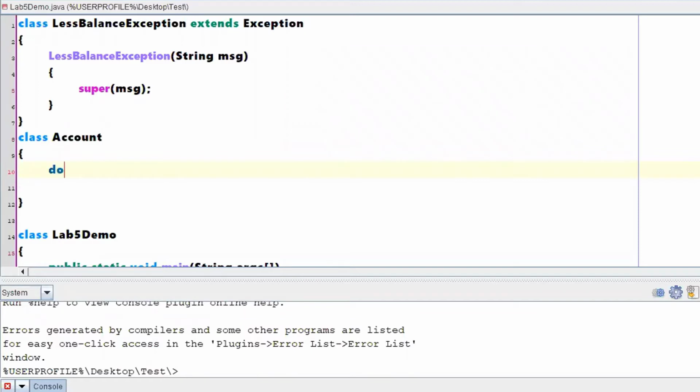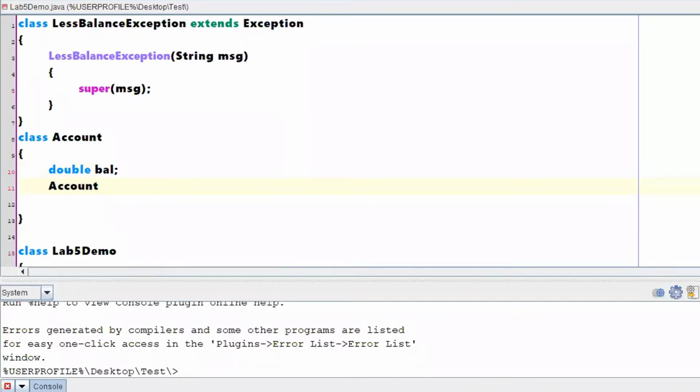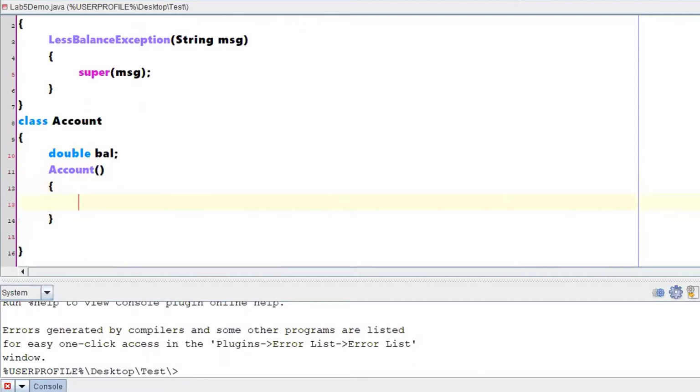Let me take our instance variable as balance. I'll write it as a shortcut, bal. Right. Now, whenever an object of Account is created, the balance should be 1000,